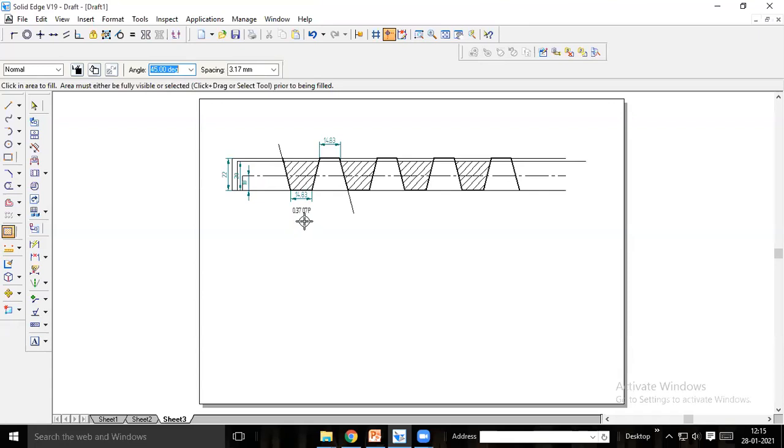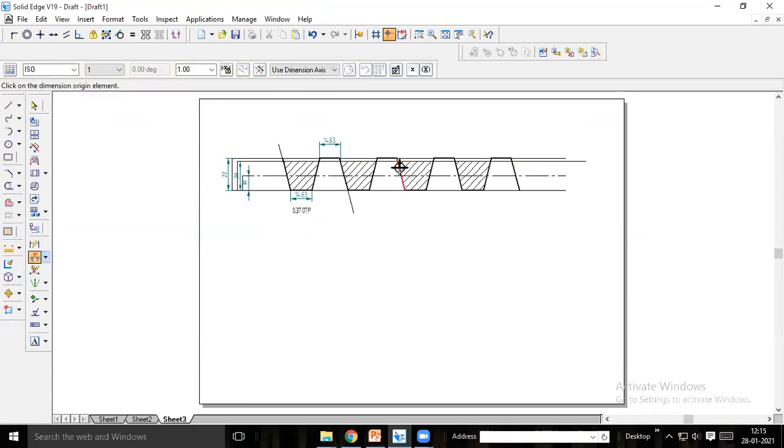And this distance we have to draw first, and then the angle between the flank face is 29. Angle between the flank face is 29. Okay, clearance will be given at both ends. When you are taking the flange length here, don't draw at the 22 mm line. First draw at the 20 mm line, then extend this line and then make a flat line.